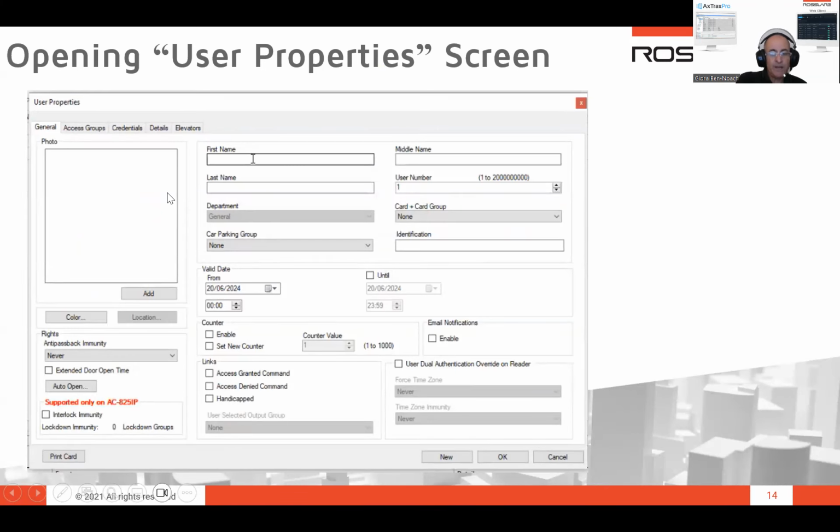And we open the user's properties. We open the user properties screen. And now we have to fill in all the fields with the new user's information. But one important thing is not to forget to assign that user a 56 bits Wiegand format card, as this